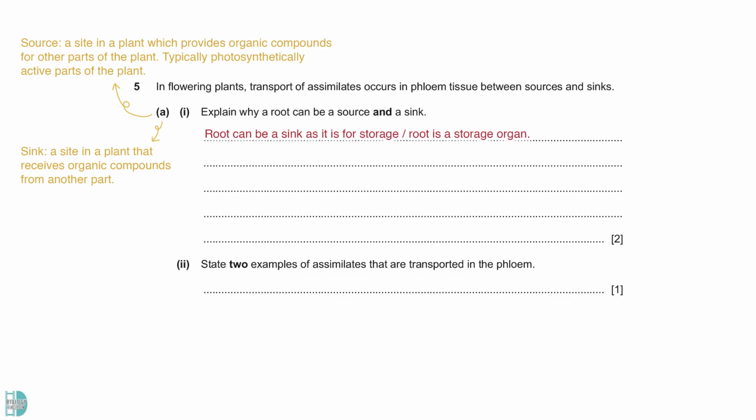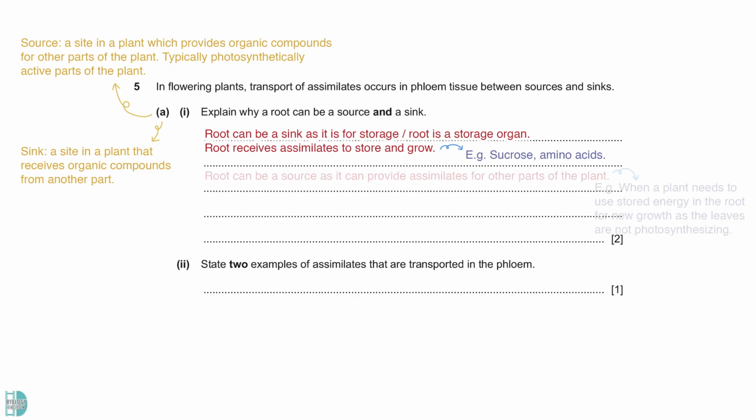The root commonly acts as a sink because it is a storage organ. It receives assimilates such as sucrose and amino acids from the source to store and grow. Even though the root is not a photosynthetic part, it can sometimes act as a source. In some circumstances, it can provide assimilates for other parts of the plants. For example, when a plant needs to use stored energy in the roots for new growth as the leaves are